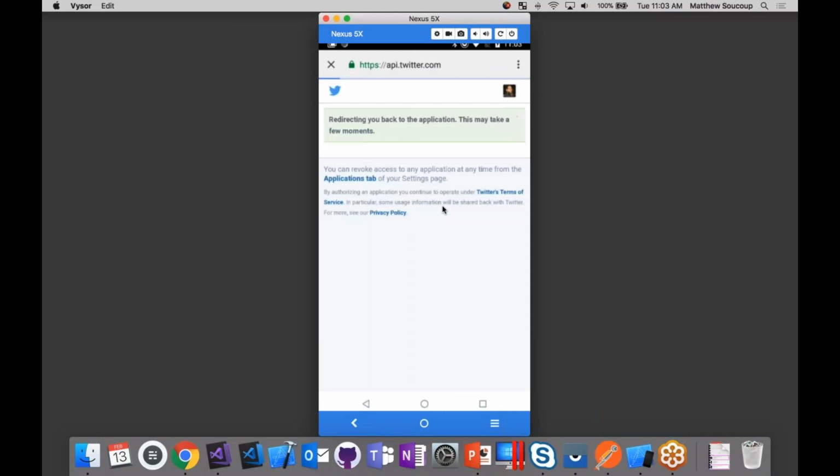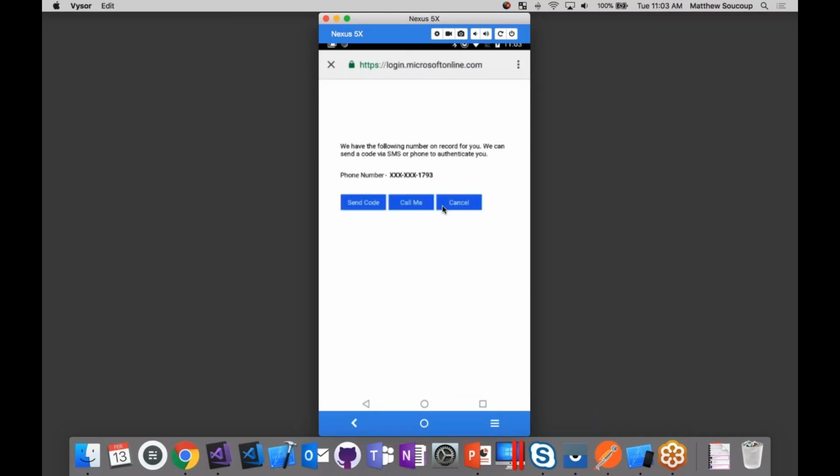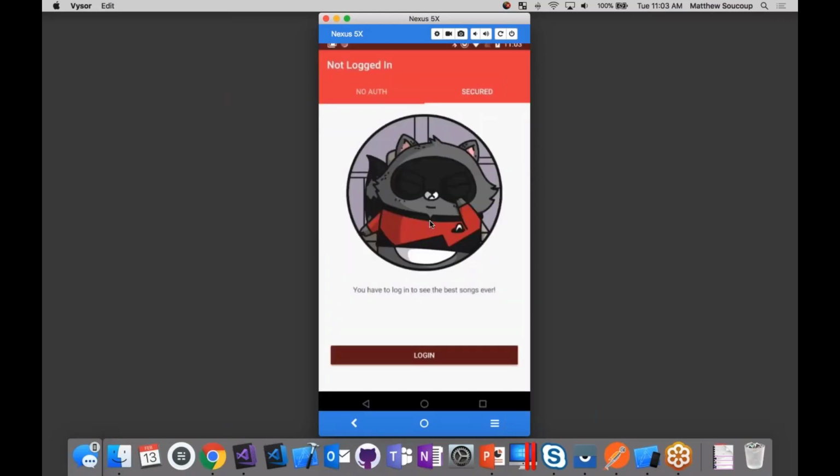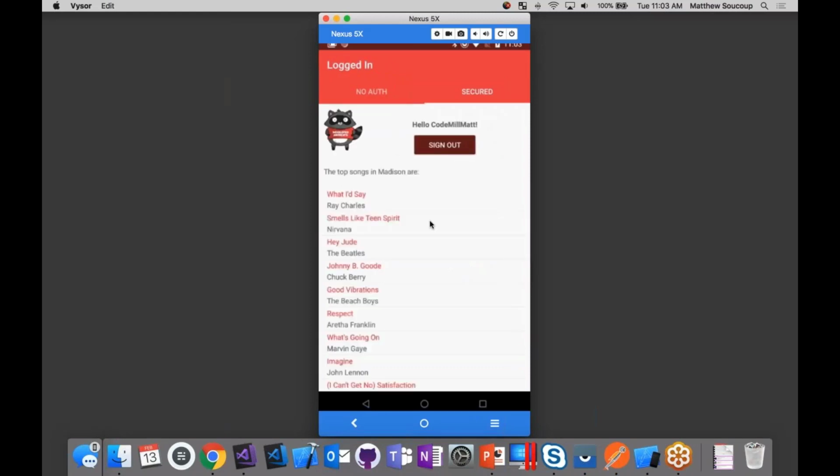So you do that with Twitter, it spins around, it goes out to Twitter, does the redirect there, and then you might want to have MFA, multi-factor authentication, because we really want to have it locked down. So we can send the code over. Then it comes through, and this is all live, so I hope I typed it in right. The multi-factor authentication, and it finally comes back and we can see what Google says are the top songs in Madison. So we have all of that going on, logging in with Twitter or username and email address, multi-factor authentication,